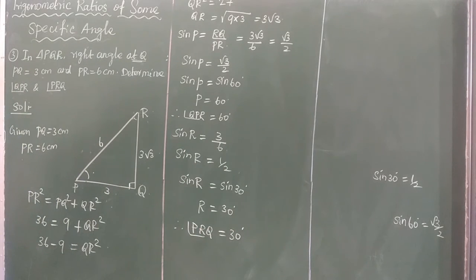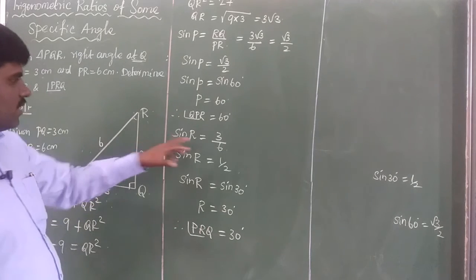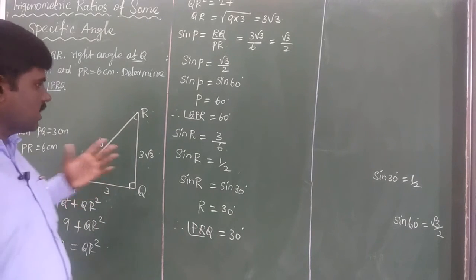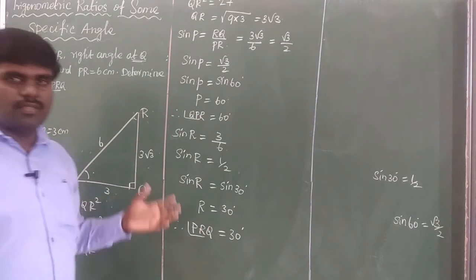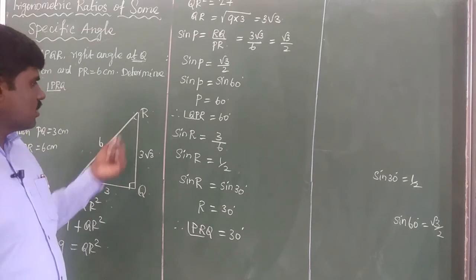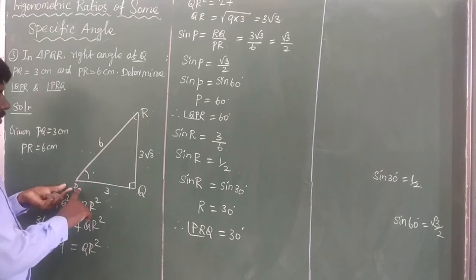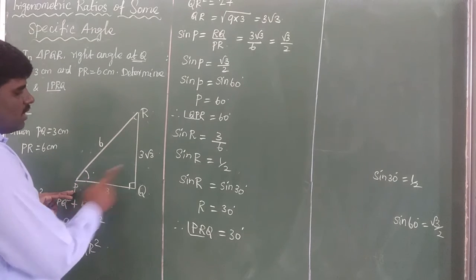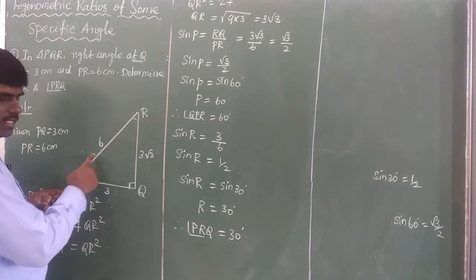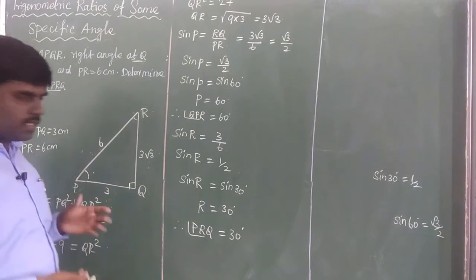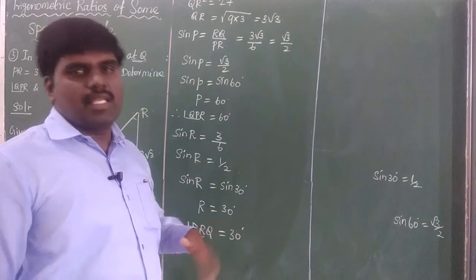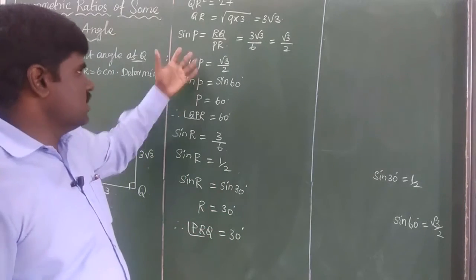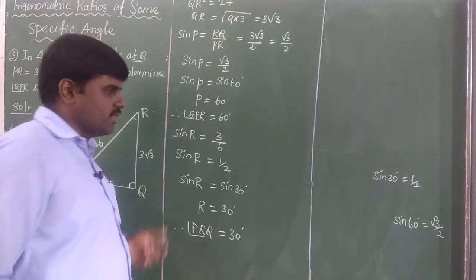This is one method. First we find out the angle; here I will take the sin value. Suppose you take the cos value or tan value, no problem. Any ratio you choose, three sides we know. First I find out the angle, opposite side by hypotenuse, I will take the sin. You can take cos or tan, whatever ratio you choose, whichever is easy to find the values. This is the one-way method.